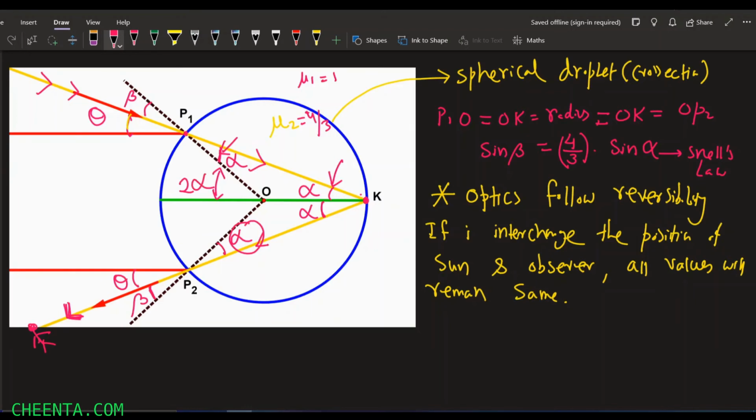And because this line and this green line are parallel to each other, I can say that this total angle is also 2 alpha. I hope it is clear. Because the perpendicular is cutting the 2 parallel lines, it is also 2 alpha. So the value of beta is 2 alpha minus theta. So up to this point, I hope everything is clear.